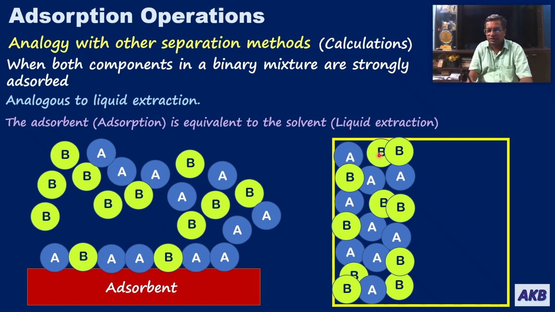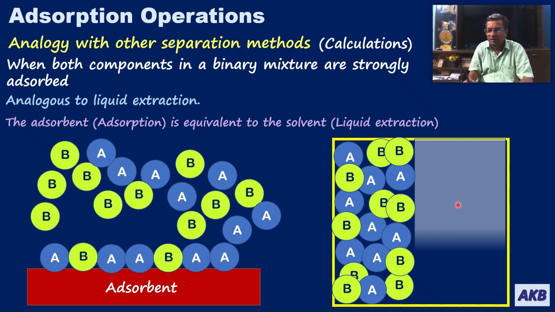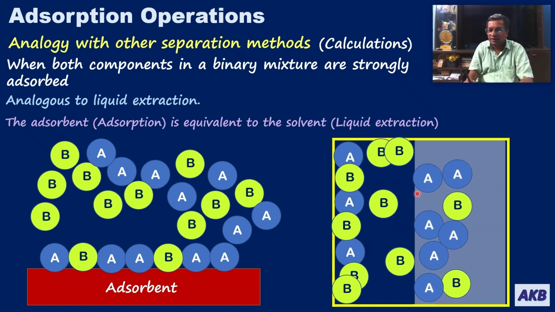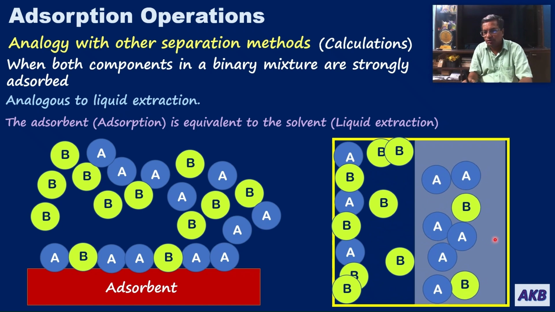So in the case of liquid extraction, the liquid solution is contacted with another insoluble liquid phase, which is nothing but the solvent. And during this, both A and B are going to get dissolved into the liquid. That is, during liquid extraction, there is differential distribution of A and B between the two liquid phases, the feed solution and the solvent phase. So in this way, adsorbent in adsorption, in the case of a binary liquid solution, is analogous to liquid-liquid extraction